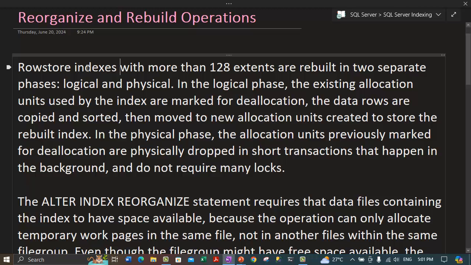And if your indexes are occupying more than 128 extents, which is equivalent to 128 into 8 pages, and one page is 8 KB in size, and an extent consists of 8 pages, so if you want to calculate the total space, this is 128 into 8 into 8. So you can calculate that. If any of your row store indexes are occupying more than 128 extents on the storage, these are